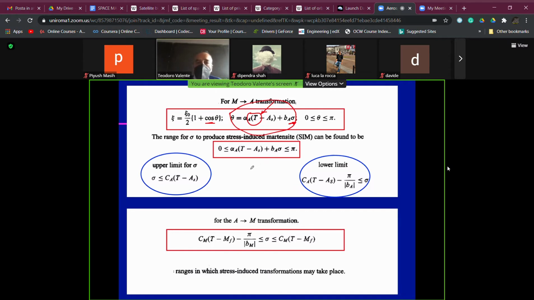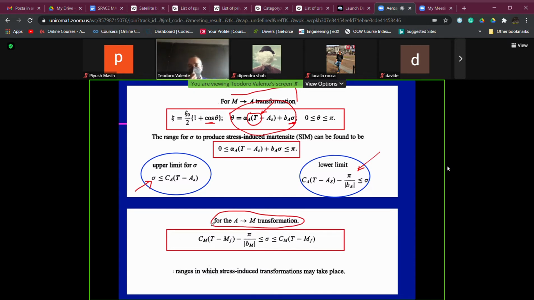So we can put 0 to get the first limit, we can put pi greco to have the second limit, and so we can calculate, as you see, the upper limit of stress, which, when it is applied, gives to us the complete transformation of martensite to austenite, and the lower limit of stress for which the transformation is going to start. This is during the MA transformation, but the same approach can be used if we are looking to the